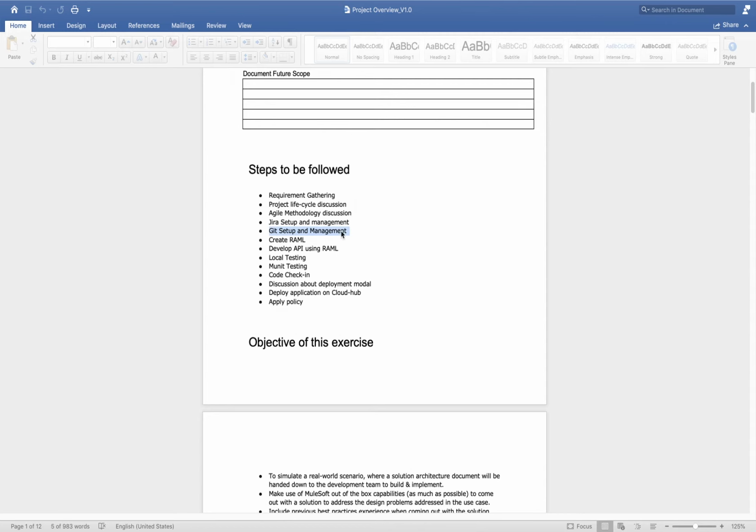The initial part, the document part, we already did, but we need to do this Git setup for all APIs also, or you can say applications. So for each application we'll create one repository. We'll see how we create one repository for each application and how we sync that application with our Anypoint Studio.